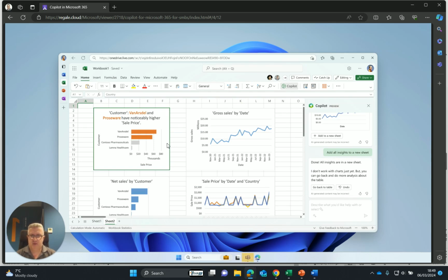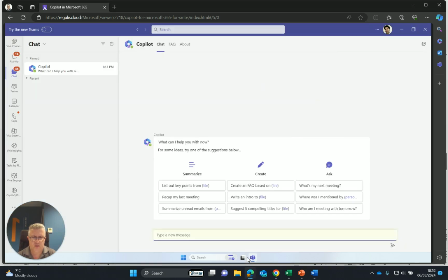So suddenly you're able, without knowing how to analyze data, to bring it up in graphs, put it onto new sheets and show everything that's going on. Okay, so now you're a data analyst. We're going to pop back into Teams,